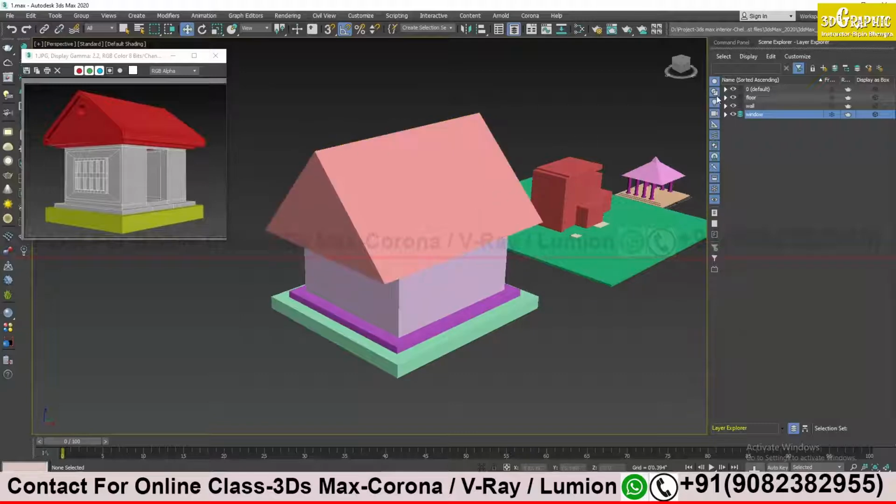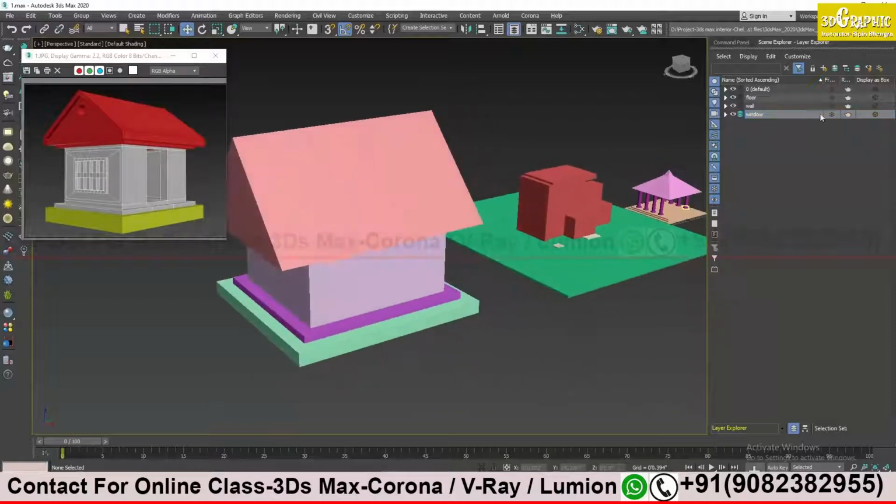Later on you can add elements, and you can move elements from one layer to another layer. Suppose my wall layer only has one element, a prism.